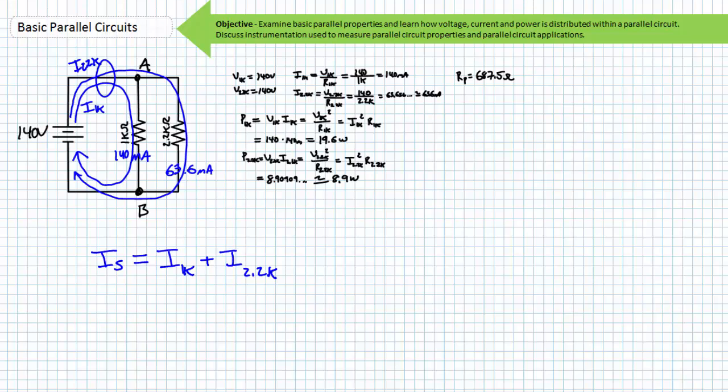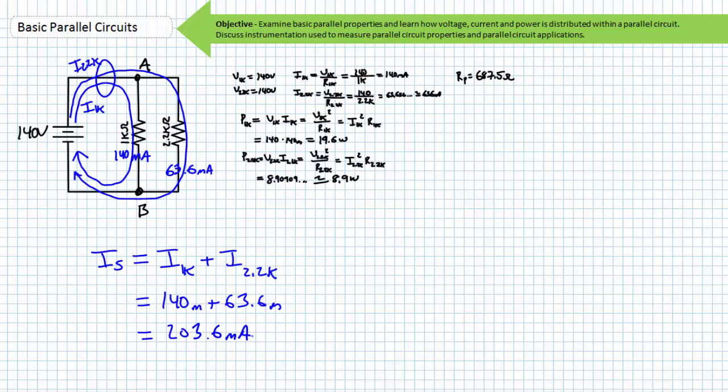It's pretty obvious that the source would have to supply I1K plus I2.2K for a total current draw of 203.6 milliamperes. Does the source care what these two resistors are doing with that current? No, it's just supplying 203.6 milliamperes as if the parallel combination of our two resistors were just some